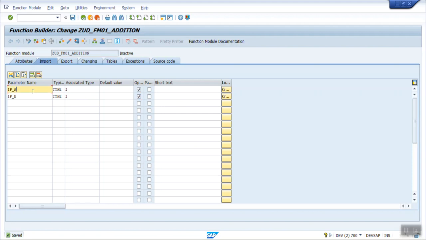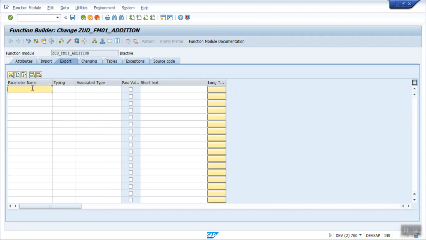Now I will be doing addition of both variables, and the value I will get in the export tab. So here I will write EP_C, that is the exporting parameter, type I. This is the first FM just for demo, so that's why I'm showing the example of an addition of two numbers.